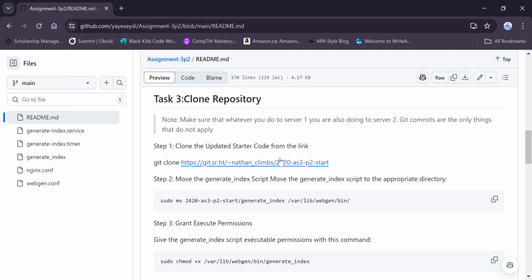Git commits are the only thing that doesn't apply to this. It's very important because this is for the load balancer to work correctly. Even though mine unfortunately was not working, this wasn't one of the reasons. So yeah, we'll run the command git clone and then the starter code, and this is going to download